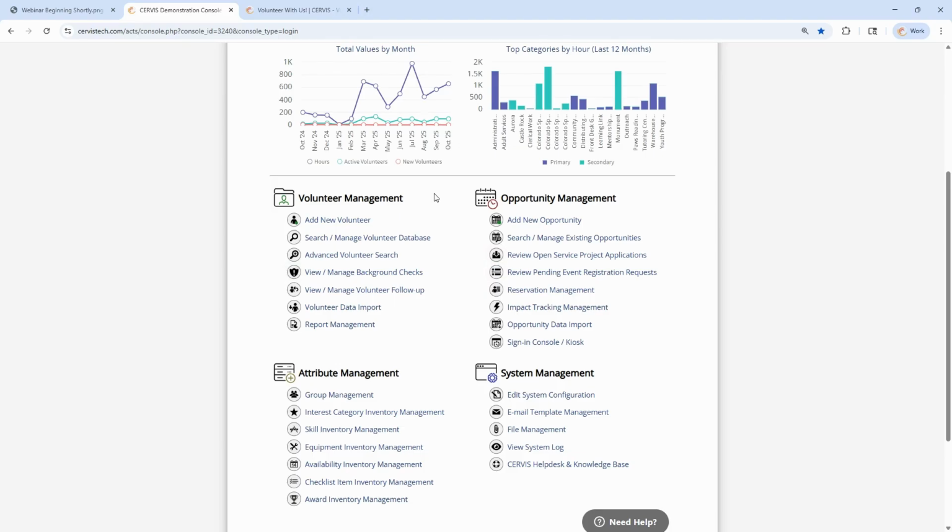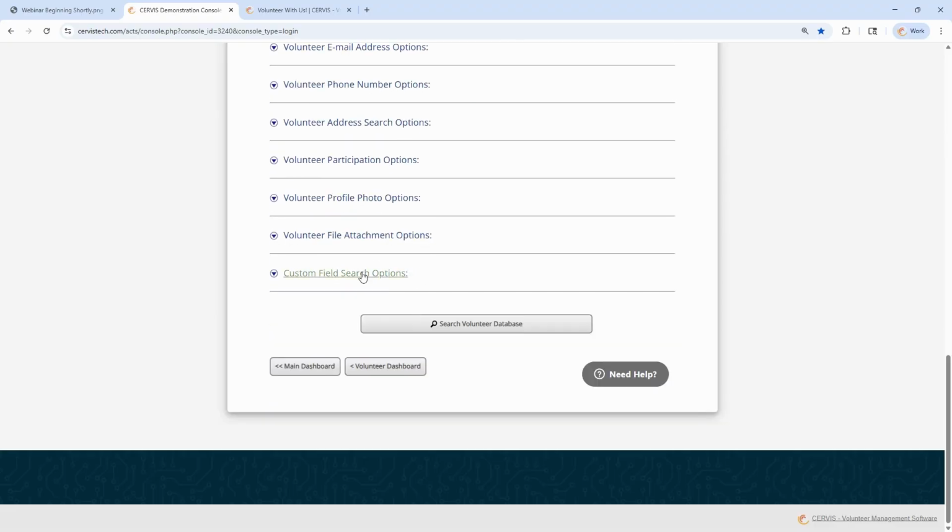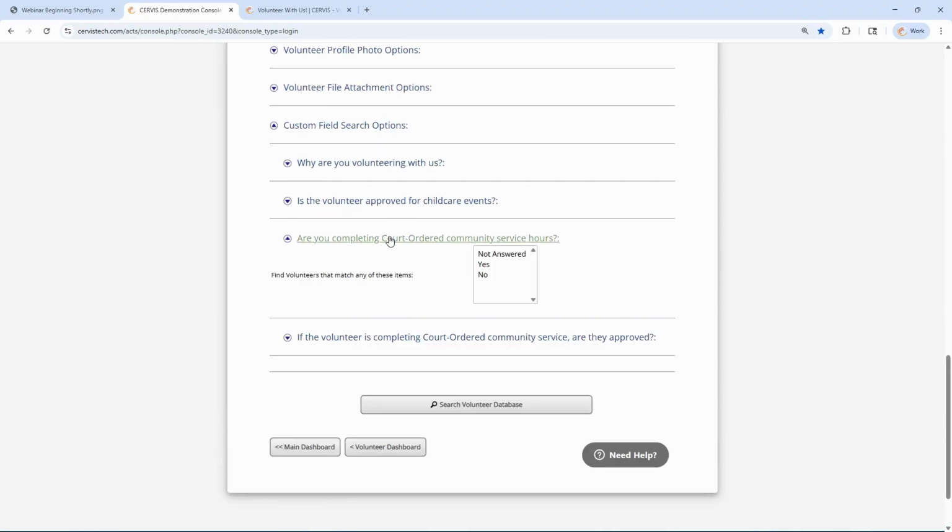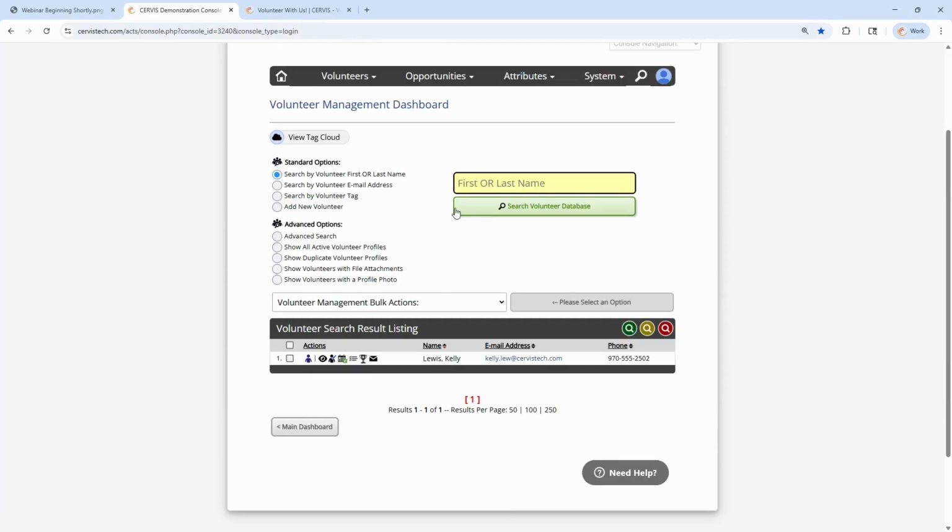First, from the admin perspective, you can obviously run a search for all of your volunteers who are court-ordered. We created that search earlier based on the combination of are you court-ordered and have you been approved. But we can also just say, show me all the court-ordered volunteers based on that search, or perhaps some tag you've created or anything in that range. We can run a search like that, then select all those people, and then create a printout through here